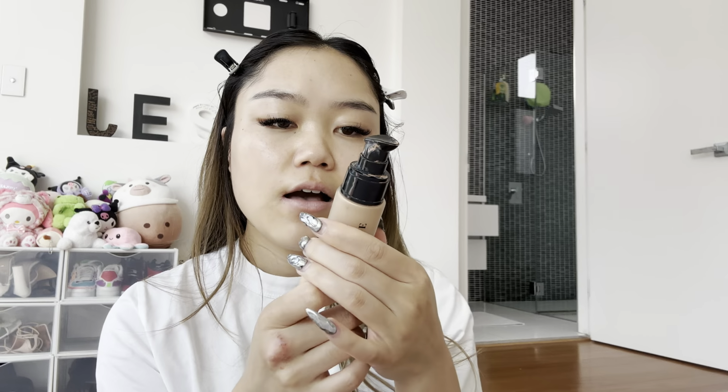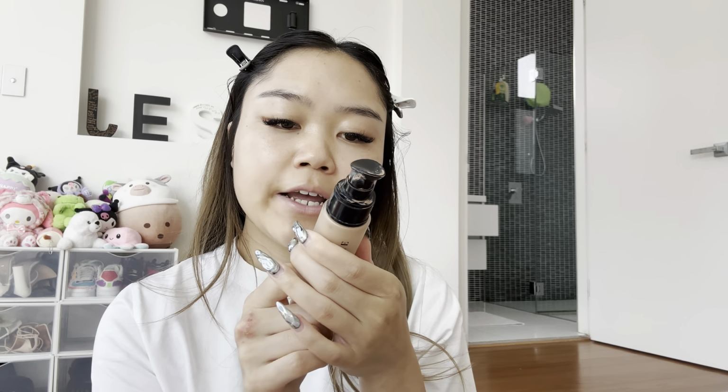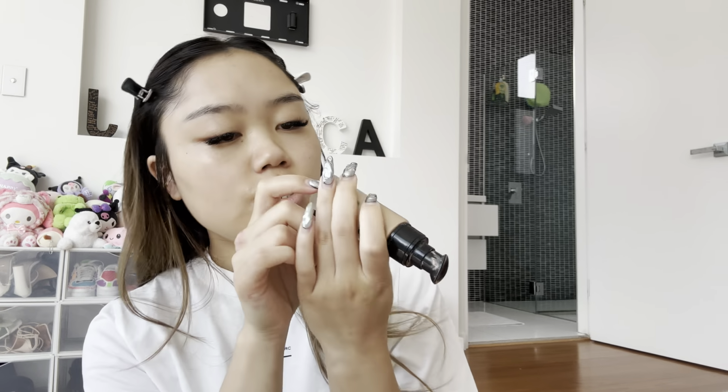Anyway, I use the Morphe Filter Effects Soft Focus Foundation, medium to full coverage. It's in the shade medium 15. I was drawn to this foundation because it's a skincare cross foundation kind of thing, and it was advertised with hyaluronic acid, with salicylic acid, from memory, don't quote me, but there's a bunch of skincare formula in here, and I thought that would be best for my eczema and